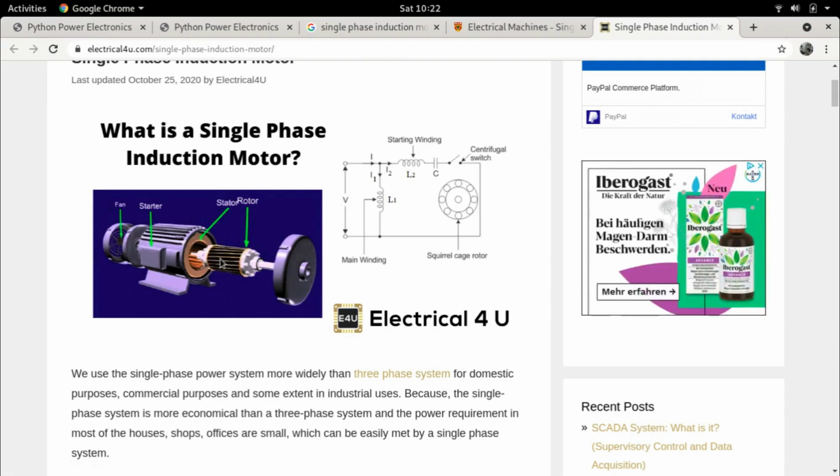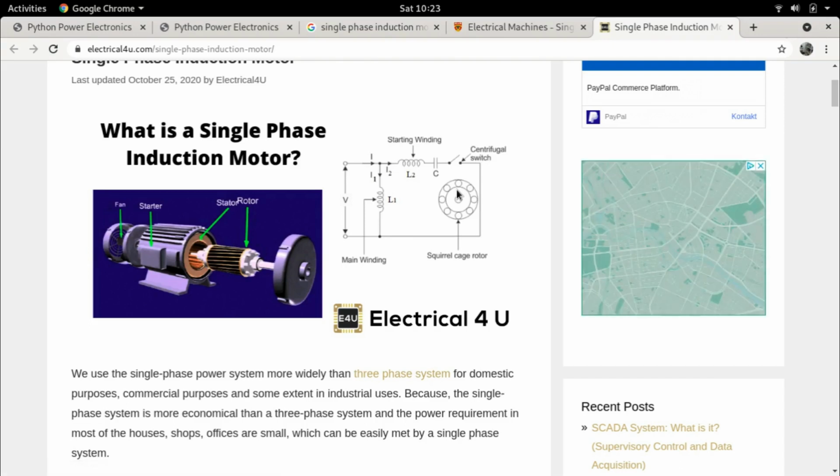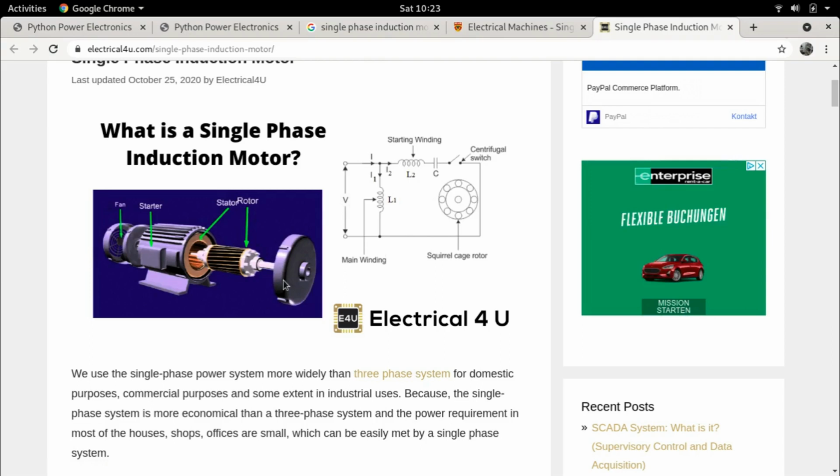But these rotor bars are short circuited on both sides, and this is so that current can flow through them due to induced EMF, and that is shown here. This is a squirrel cage induction motor. You see each of these circles are those bars, right? So these are bars that are short circuited on both ends, and that is important because unless you have a closed path, you cannot have a current flowing in the rotor, and the current must flow in the rotor, because only if a current flows in the rotor will you have a torque which is produced, right? So this is important.